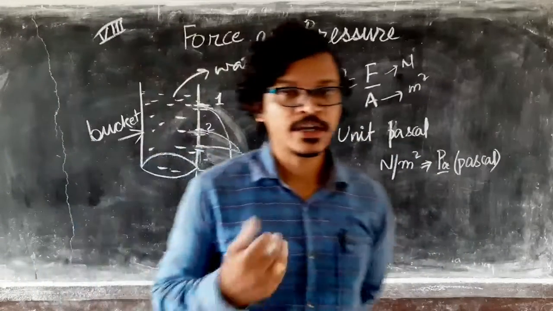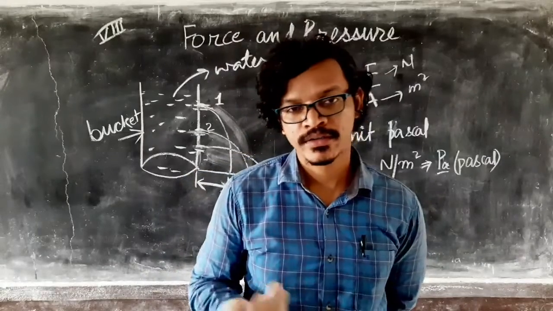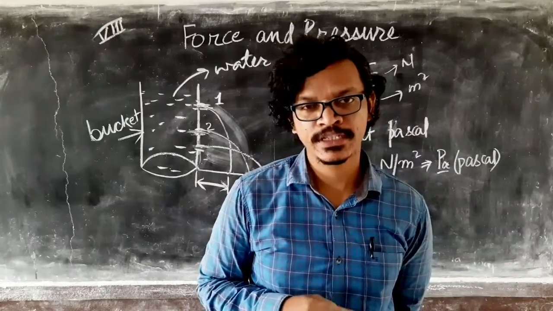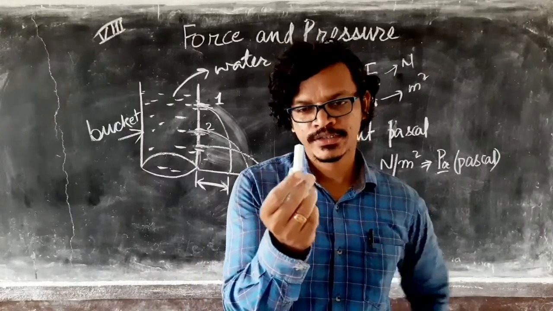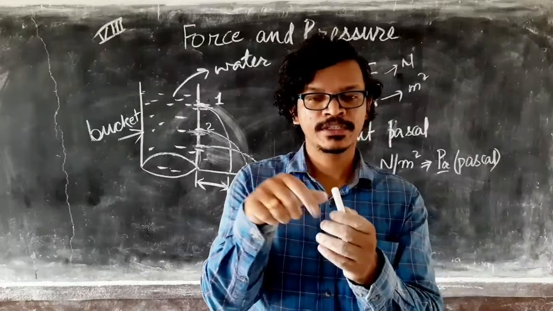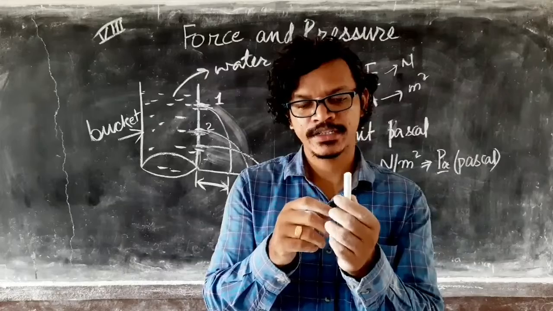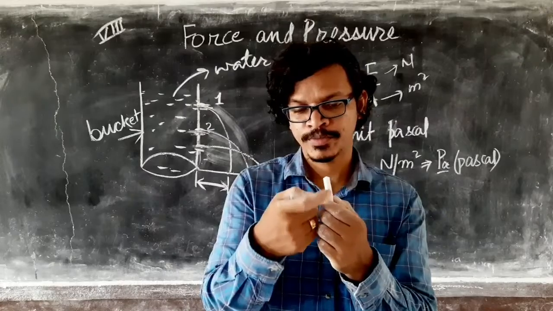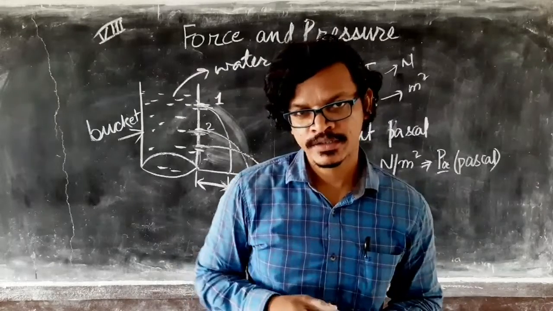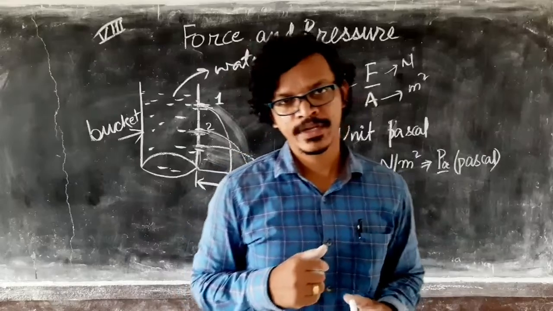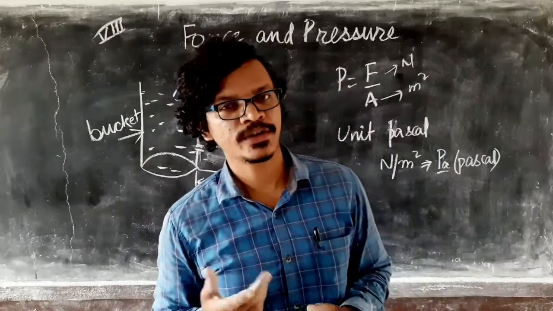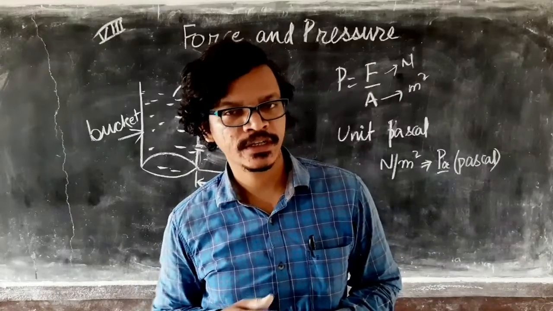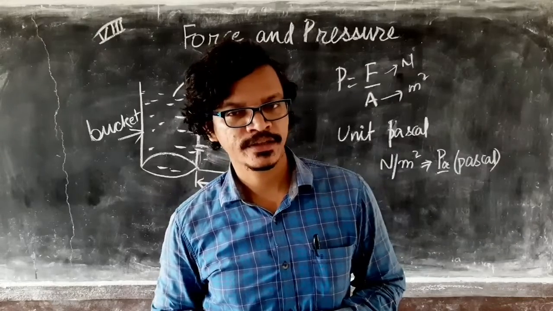Now the atmosphere also exerts pressure on our head or our body, everywhere, wherever the atmosphere is present. If I am holding this chalk here, the surrounding of this chalk is air. So pressure is applied by air to this chalk from all directions. From this direction also, from this direction also, in all directions. Similarly, pressure is applied to me also, or you also, from all directions. But the pressure is very small, due to which we do not feel any pressure applied by air to our body.